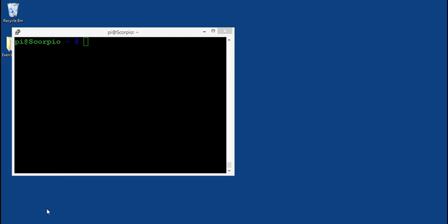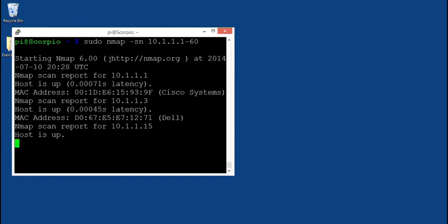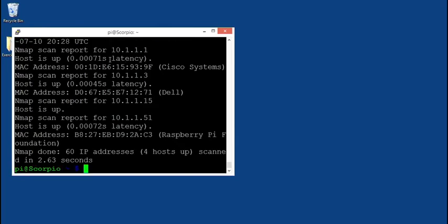Now I've installed Nmap, I'll demonstrate its basic features. My first goal is to discover what hosts are on my network. I can do this by simply asking Nmap to check the network by entering sudo nmap -sn 10.1.1.1-60. In Linux, some networking functions will only work in superuser mode, so I use the sudo qualifier in front